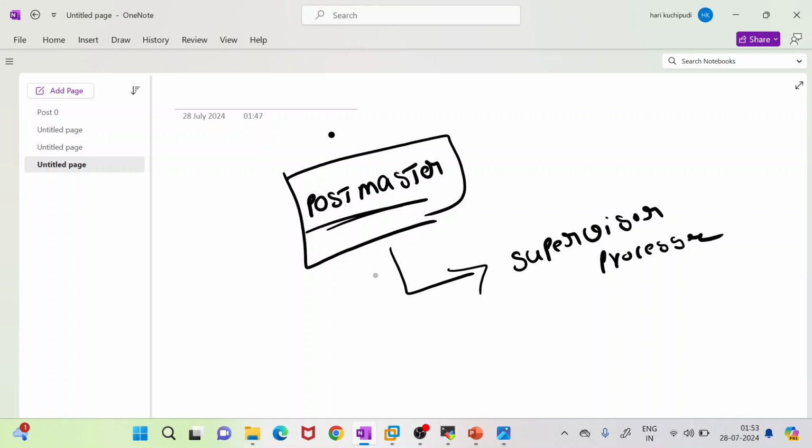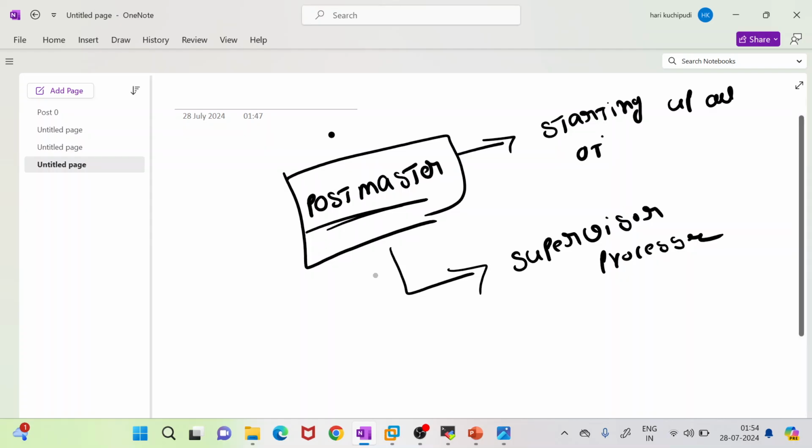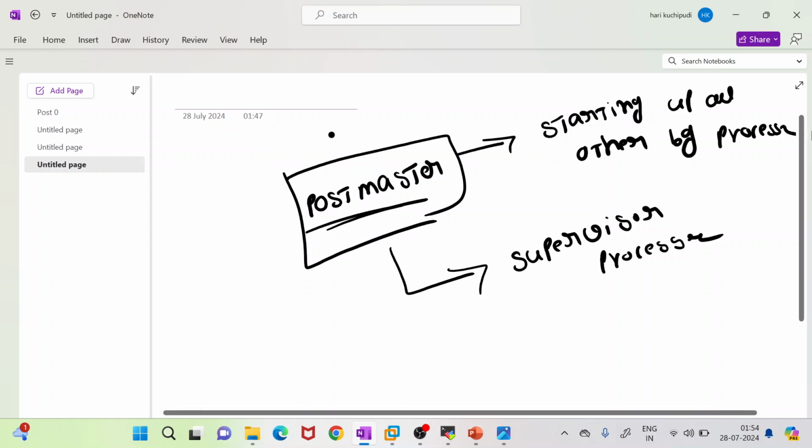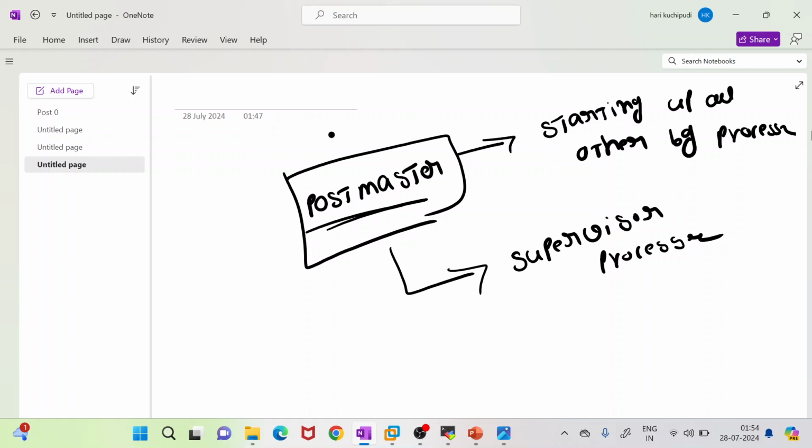The postmaster process is responsible for starting up all other background processes in Postgres. What are the other responsibilities?